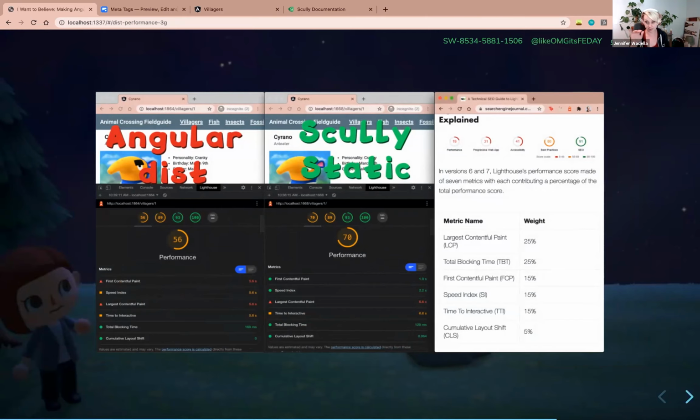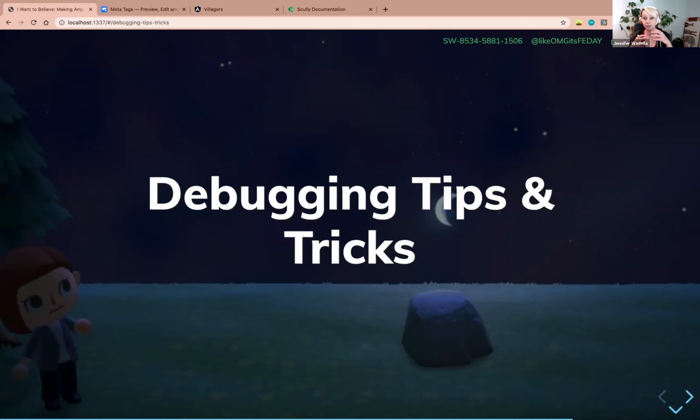Okay, so I want to share some debugging tips and tricks with you. Scully is an open source library maintained part-time by a really talented, amazing team. There are a lot of tips and tricks that they've given me to help debug applications. I remember I had a client and some of their routes just weren't rendering, and it was really hard to debug. We couldn't figure out why. Turns out guess-parser, which is one of the libraries Scully is using to read and interpret the Angular routes, could not handle routes that were being created using the spread operator. So there are all sorts of weird little nuanced situations that you might get into over time, and hopefully these will help you out.